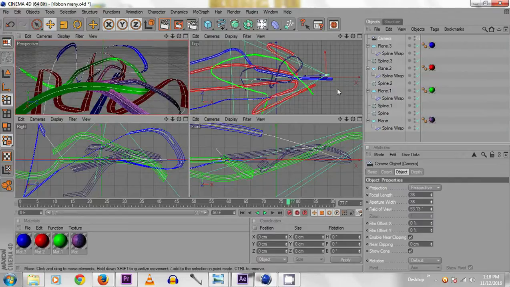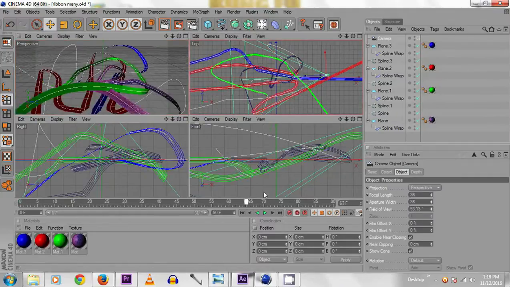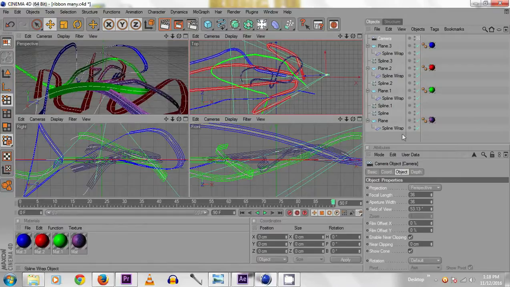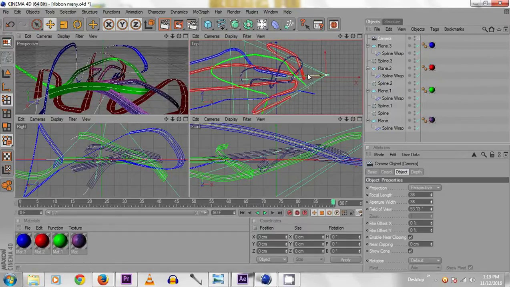Then now animate the camera at the last frame. The automatic keyframe, click the automatic keyframe switch. This is okay. Now move the camera slightly, we have the keyframe.